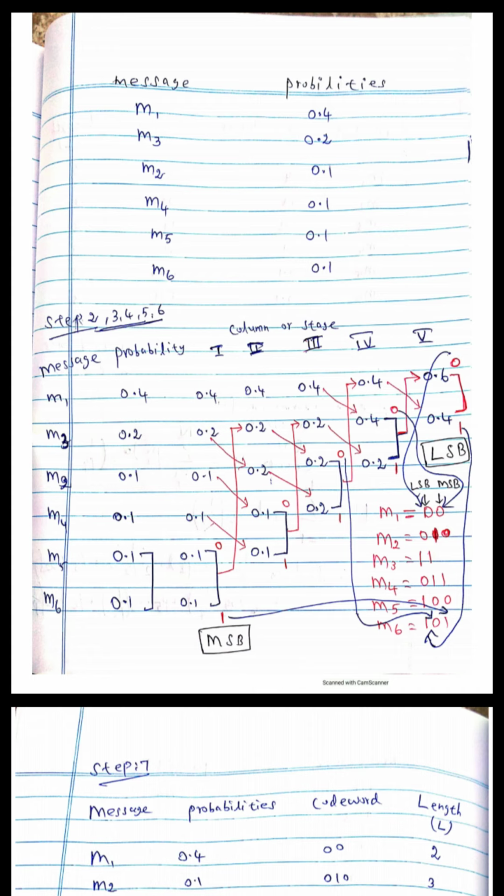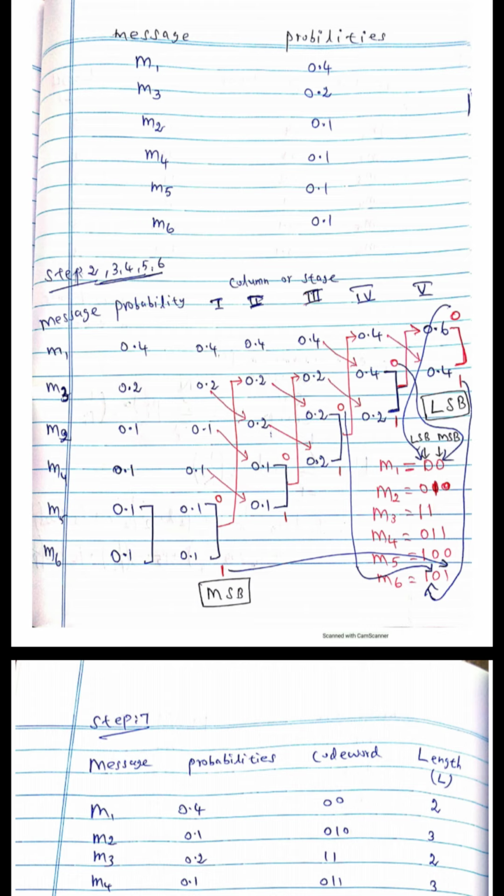This value moves to the top of the table, that is in column 4. Write the new value 0.4, below that the 0.4 and the 0.2 value. The arrow indicates the corresponding positions. In column 4, again the least two values are 0.4 and 0.2. Combine these two. Assign 0 to the 0.4 and 1 to 0.2. The summation of 0.4 and 0.2 is 0.6.